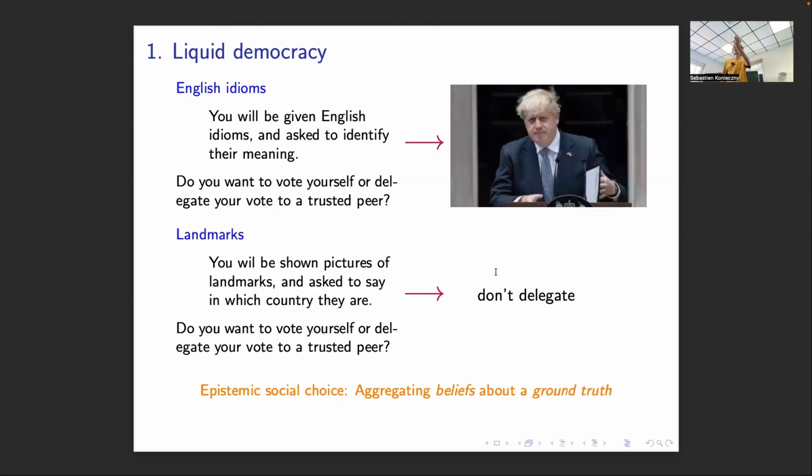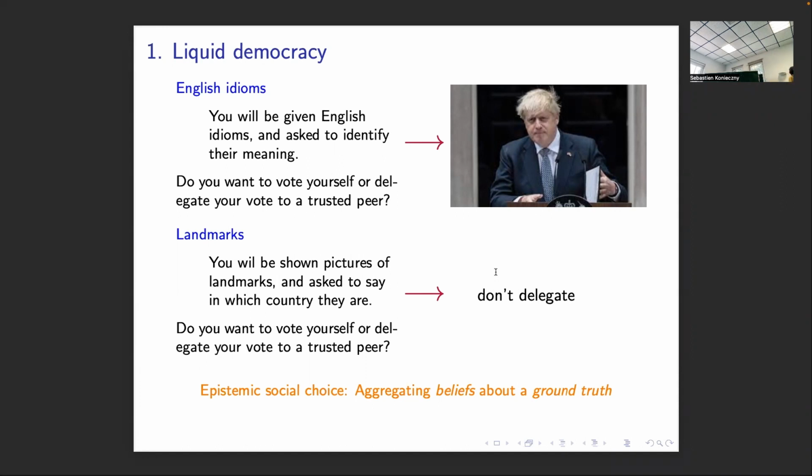So yesterday you had to answer questions about English idioms. And so you see, I'm not an expert. As not an expert, I would delegate to this man, for instance. I made the talk in July, but since July, there were two new prime ministers. So if I give the talk in 6 months, I would prefer to delegate to him because he's better than me for this topic. Maybe only for this topic, but for this topic, he's better than me.